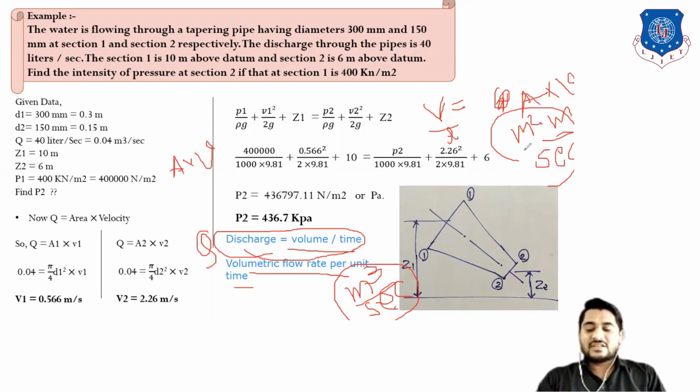Clear? There is certain basic definitions or basic concept about discharge. If the pipe is throughout with respect to its diameter or with respect to its cross-sectional area, then discharge remains same. Suppose we have one pipe, at the one end pipe diameter is 100 mm and at the another end pipe diameter is 200 mm. Then also for the same pipe section 1 and for section 2, discharge will remain same. But if one pipe branches in two sections, then only discharge will divide. Clear this concept?